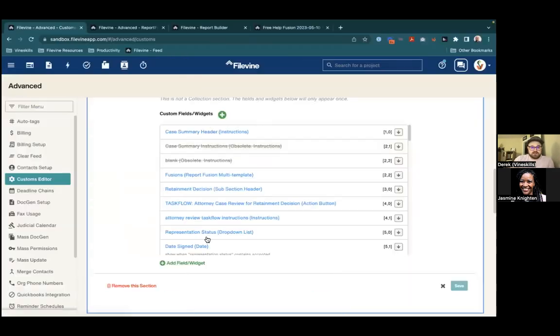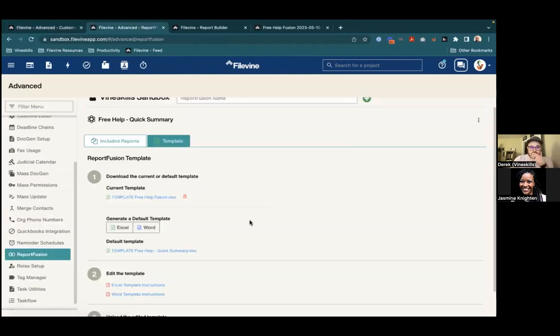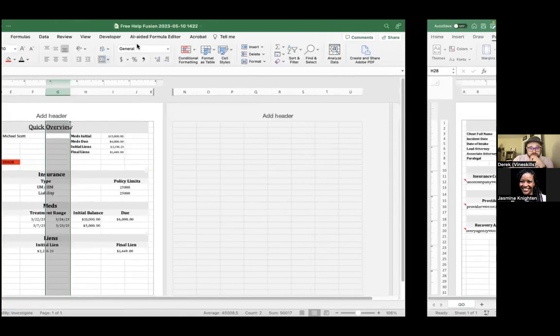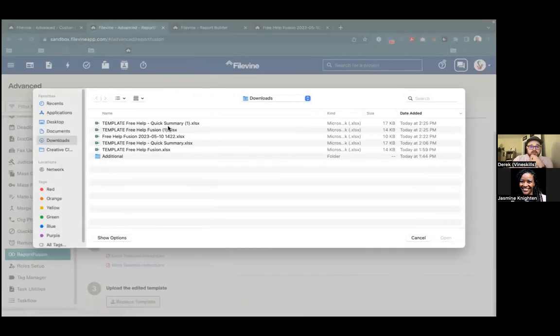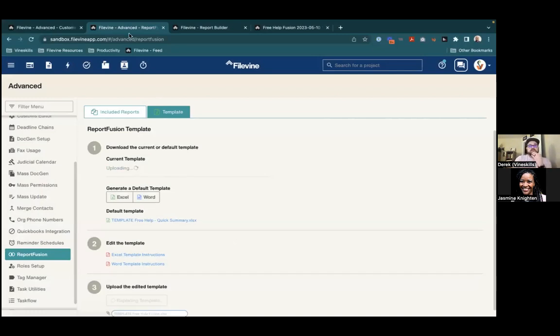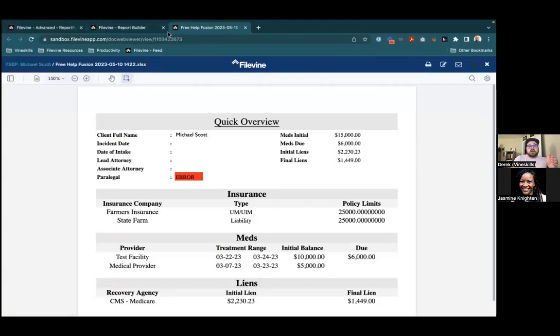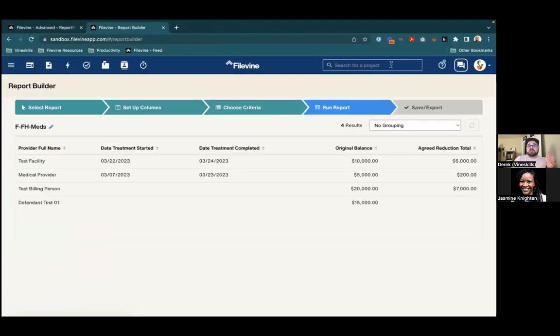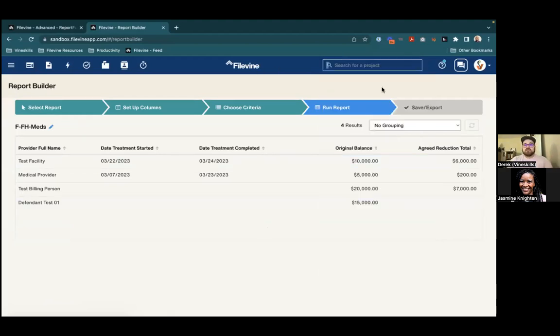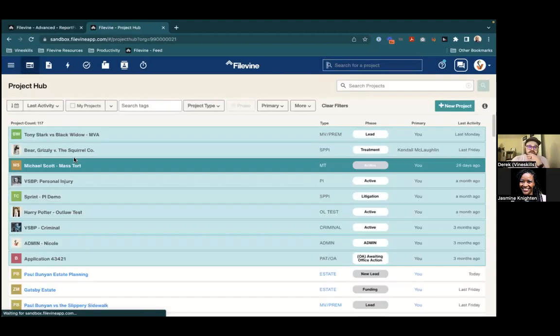I will say one more thing. As you build these and you are adding to them, when you test it, I usually keep my report fusion section up, and then I'll keep my project up so that I can just keep testing back and forth. And if you find errors, small changes are usually the best way to go about it. So I want to find my